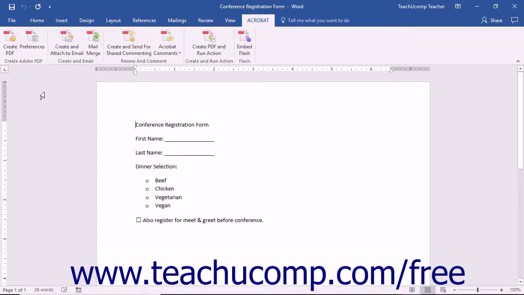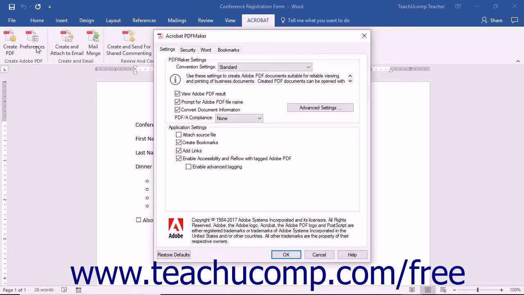Before creating a PDF, you should set the properties that you want the PDF file to contain using the Preferences button within the Create Adobe PDF button group on the Acrobat tab in the ribbon within Excel, PowerPoint, or Word 2016 through 2010. You will examine the preferences you can set for PDF conversion within Excel, PowerPoint, and Word